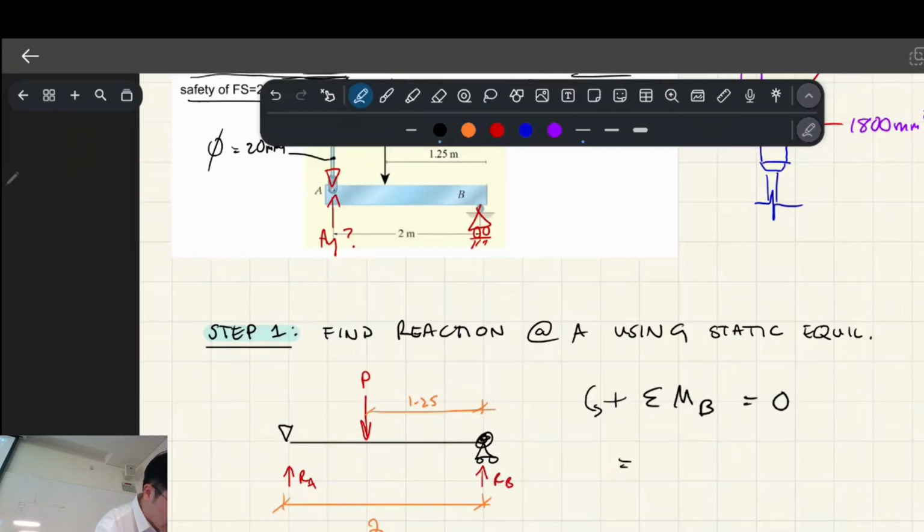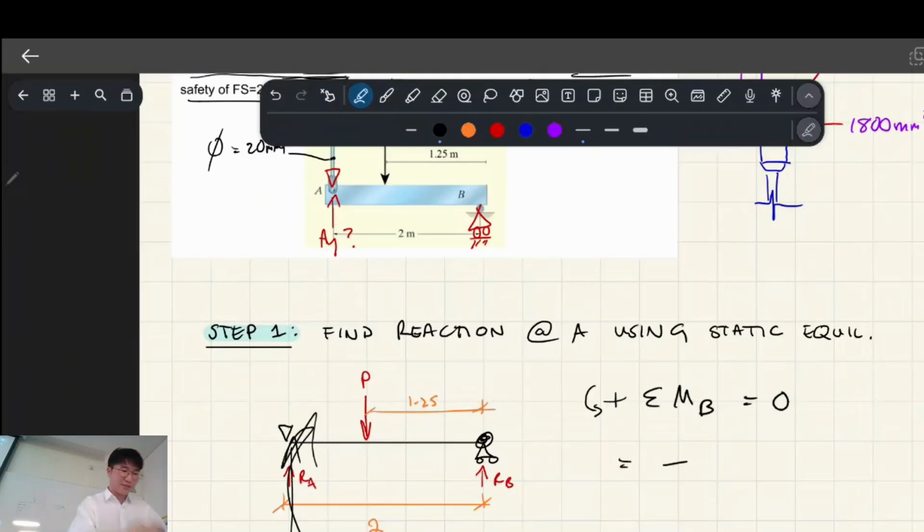We have this force here, and the lever arm is 2, and then we also have this force here, and the lever arm is 1.25. And when we go clockwise,